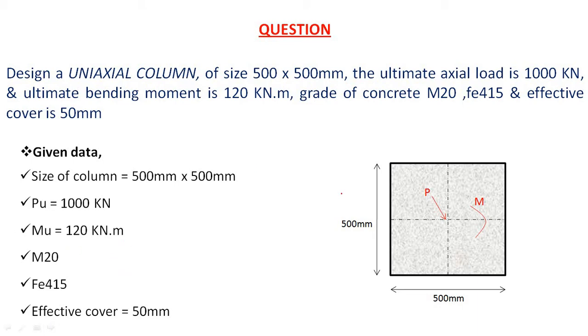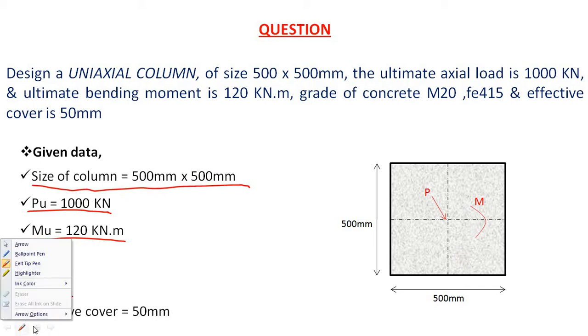So here I have prepared the figure which shows the square column of 500 mm cross 500 mm, and the load is at the center, which is a uniaxial column. I have drawn this, and let us see the given data. First, the size of the column is already provided, which is 500 cross 500 mm, which means it is a square column. Next, the ultimate axial load, PU, is given as 1000 kN, and the ultimate bending moment, which means MU, is provided as 120 kN into meter. Another thing is the grade of concrete is M20 and the grade of steel is Fe415, and the effective cover provided is